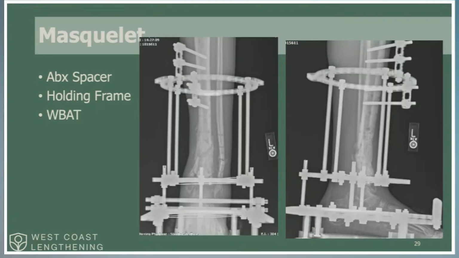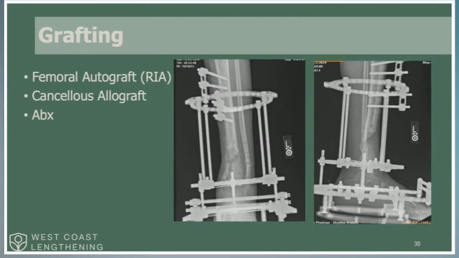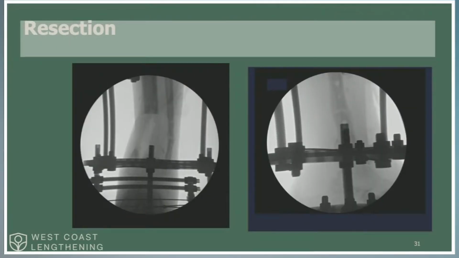But this frame, like I said, very powerful. He's weight bearing, tolerated throughout this process. Walking with a cane because there's some height differences, but overall, pain very reasonable. But anyway, he ate through his graft, and so failed, and so we had to do a bigger resection, and then this is where we started